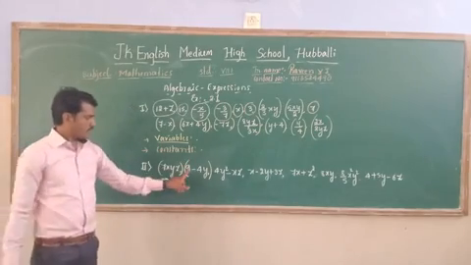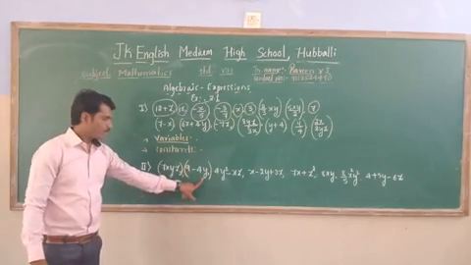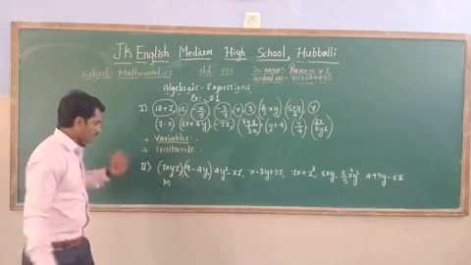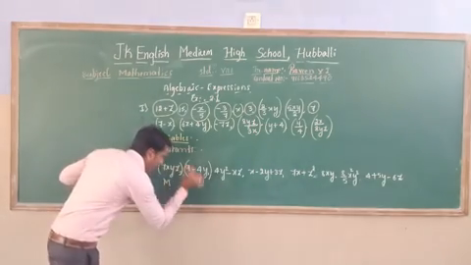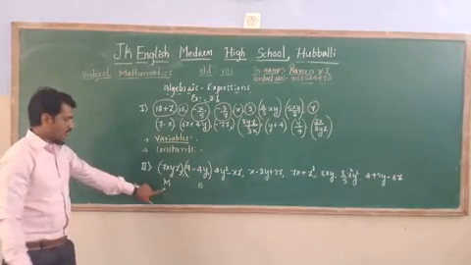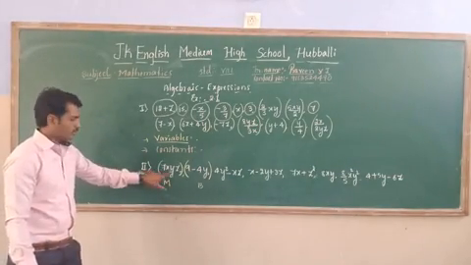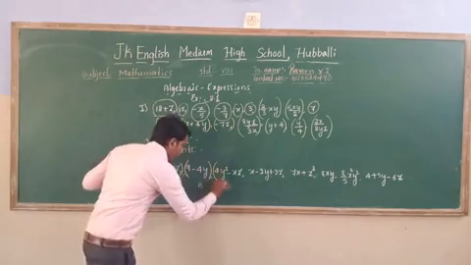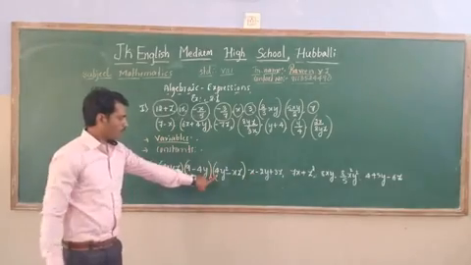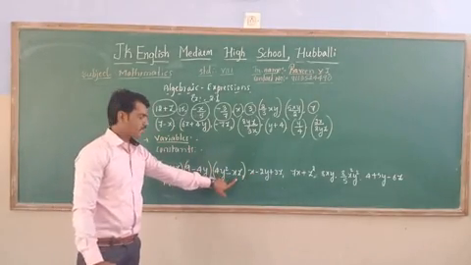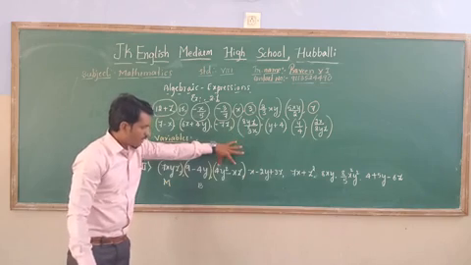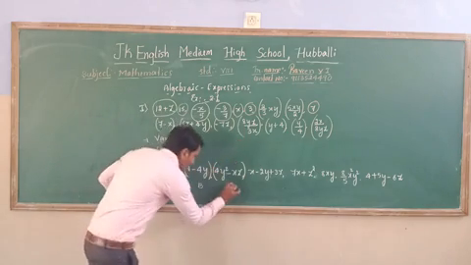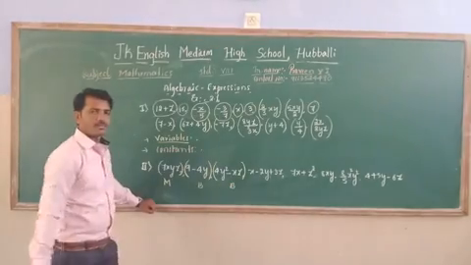So how many terms are there? 1 and 2. It is separated by a minus sign, so we can easily call it a binomial. M is monomial, B is binomial. And here also 4y squared minus xz is there. These two terms are separated by a single sign, so we can easily call it a binomial.